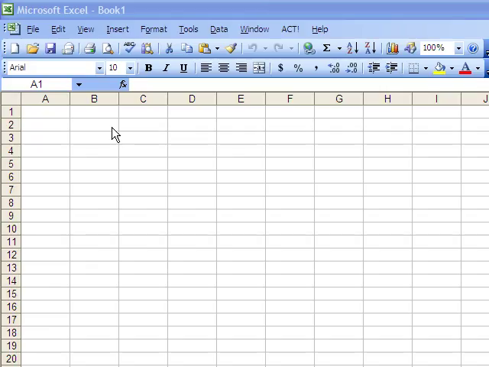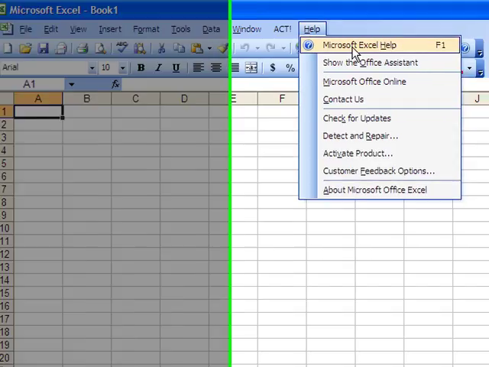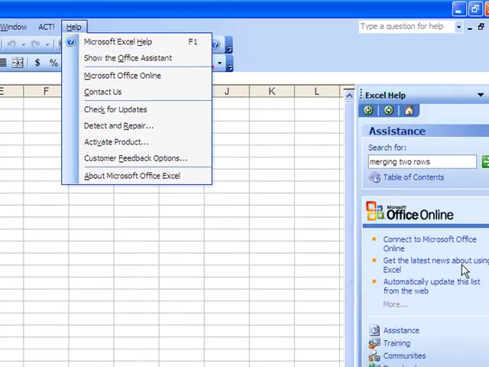Today, I want to talk to you about something regarding Microsoft Excel, and that something is how to use the help feature in Microsoft Excel. When you want to look for something in Microsoft Excel, if you go up and click on Help and then Microsoft Excel Help, this box on the right-hand side will pop out, and it will give you the opportunity to